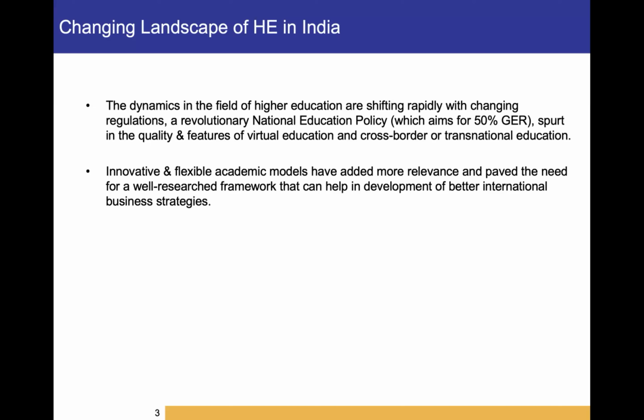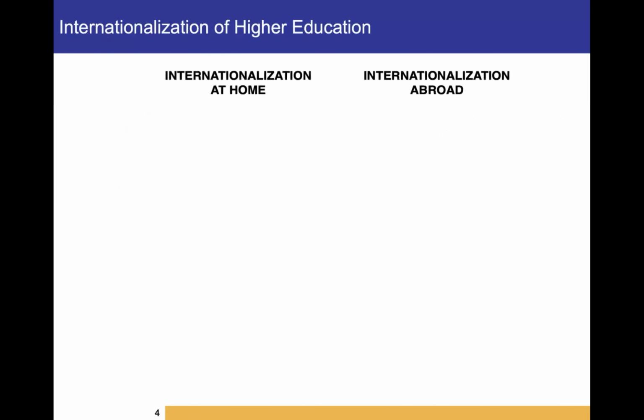The need of the hour vis-a-vis the National Education Policy is that there have to be more innovative, more flexible academic models which actually have more relevance. There are more than 53,000 institutions and universities in our country. If they are not able to bring the gross enrollment ratio from 27% to 50% by improving internationalization at home, then who can? Hence, the objective of this study was to look at how internationalization can be achieved not only in terms of